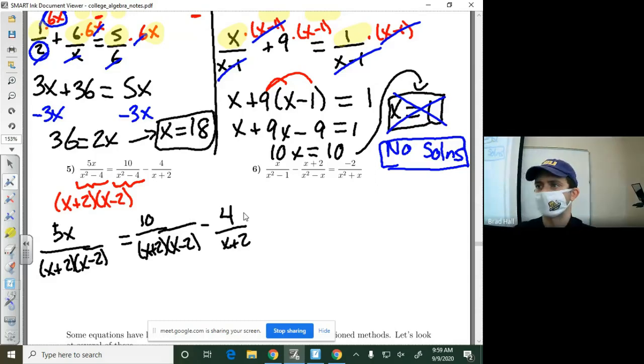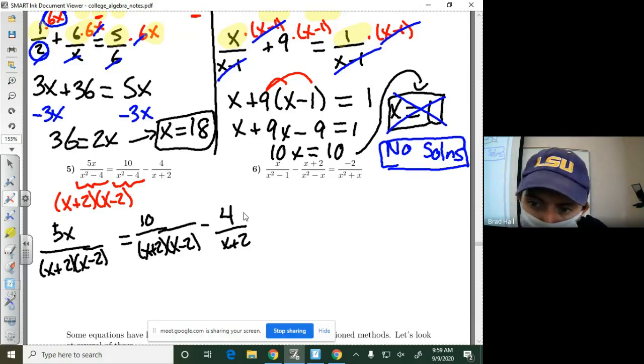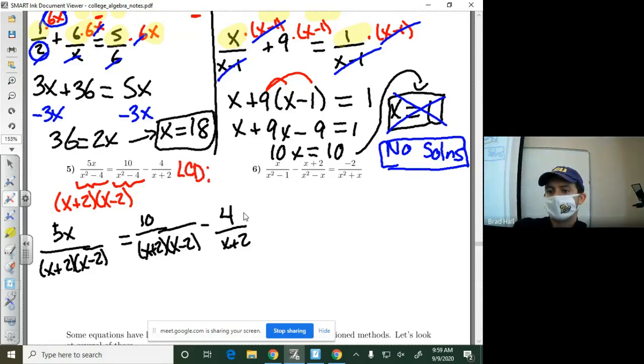So I went ahead and just exchanged all those denominators with their factored counterparts. There's a reason why trying to check for factored parts is important. It's because it helps us find the least common denominator a lot more easily. In fact, it makes finding the least common denominator possible. So now we have